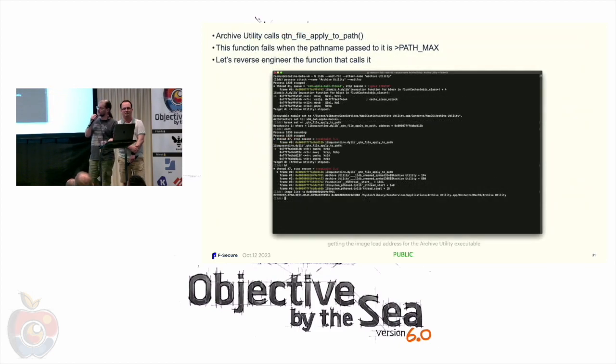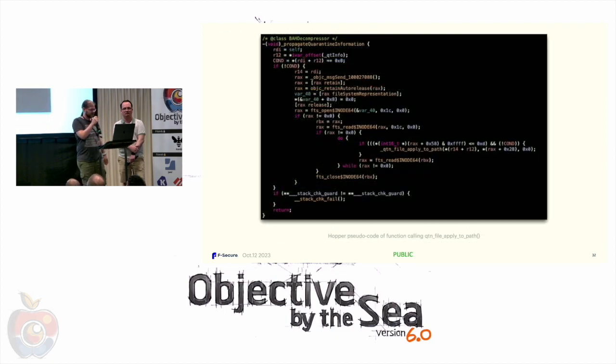So let's then take a look at the thing that calls that. This is the function that calls qtn_file_apply_to_paths. This is the thing that actually iterates over the directory structure that has been created, and file by file applies the quarantine attribute. And it uses an API called FTS, which is a standard API made exactly for this purpose. You want to traverse a large directory hierarchy. And then it calls this qtn_file_apply_to_path. Okay, well, this is interesting, but